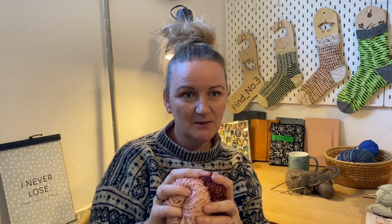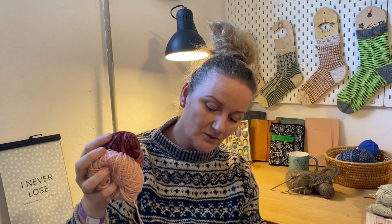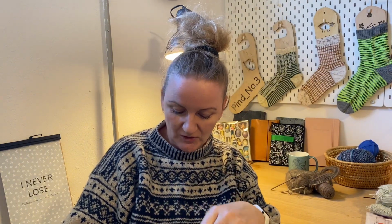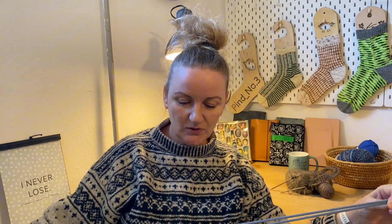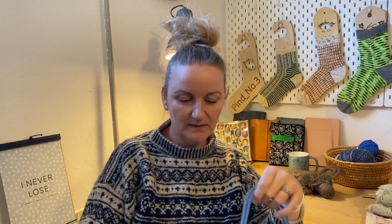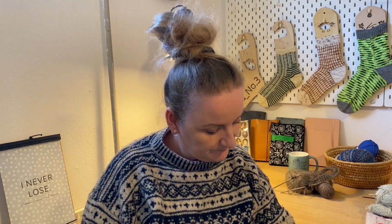It's bought as a kit, so the pattern is also just a print you get in the kit, and it doesn't have a certain name, and I'm sure it's not translated into English. It's a little Danish knitting store that sold this kit to me. So yeah, I just have the pattern printed out, not as a PDF, but it's not hard to do